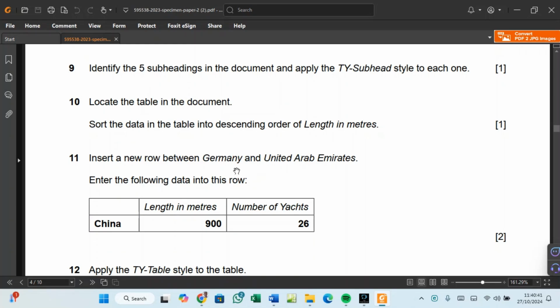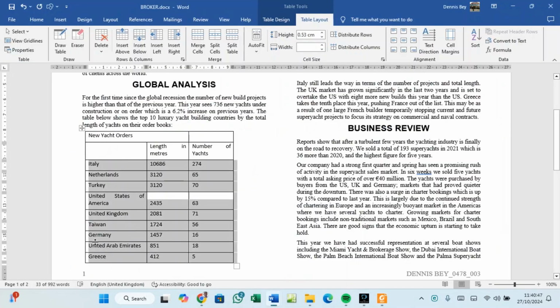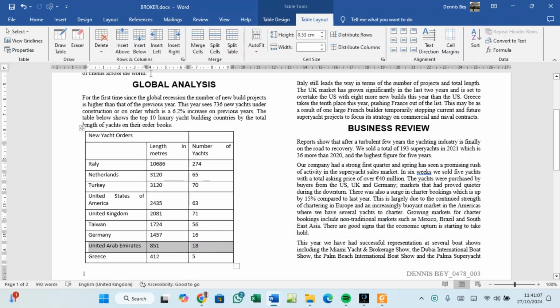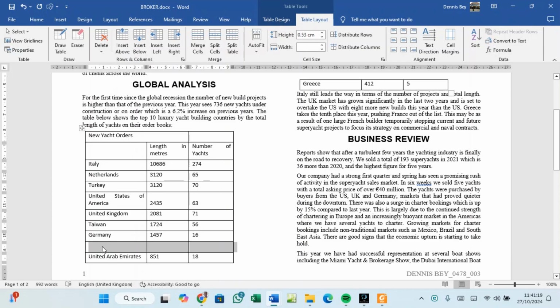So they want me to sandwich a row between Germany and United Arabs. So there is a row that should be between. I can select either Germany or United Arabs. If I select Germany, I'm going to insert the row below. If I select United Arabs, I'm going to insert the row above. So I'll say insert above so that it is above. If it was Germany, it would be insert below, which is here. My selection is United Arabs, so if I click here, I've sandwiched a row between Germany and United Arabs as per